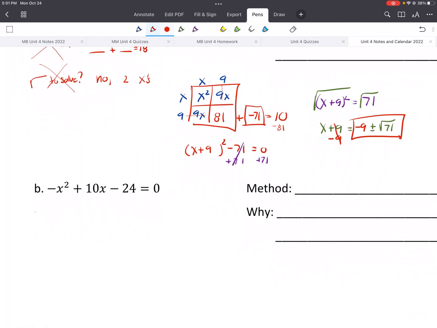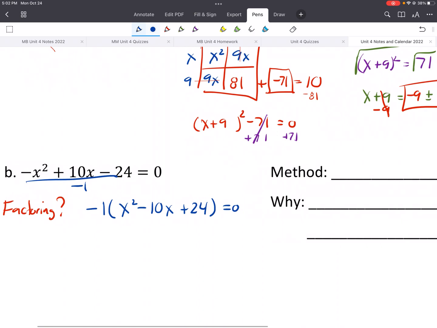So factoring, question mark. We know if we're going to factor, we need to always take out the greatest common factor. So we should factor out a negative 1. So we'd get negative 1 times x squared minus 10x plus 24 equals 0. Okay, nice thing about that is we'll be able to use the shortcut